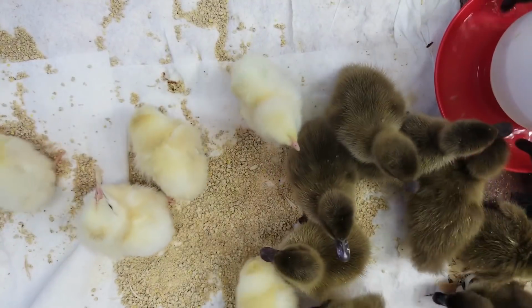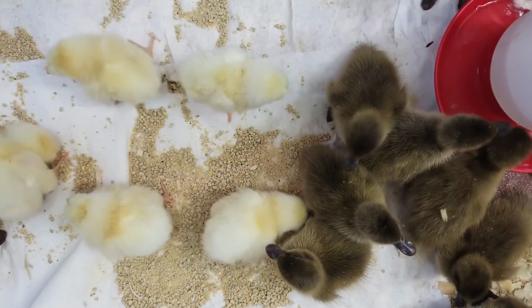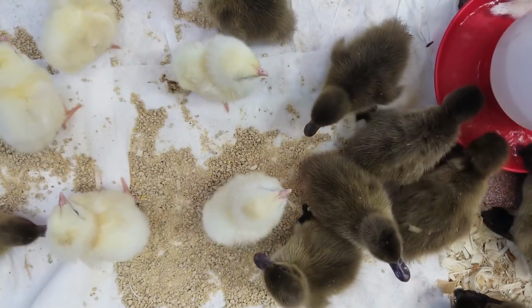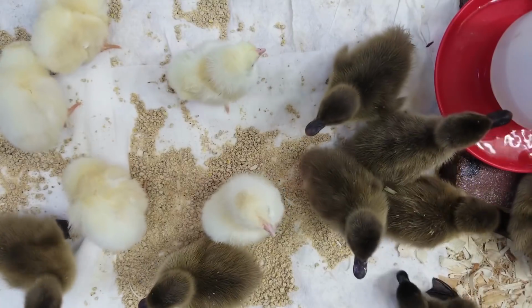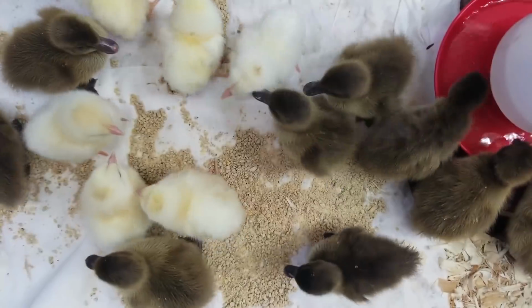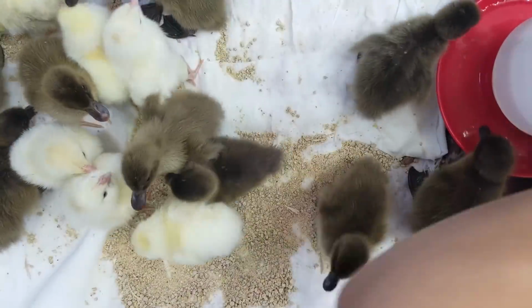And it's because it is hard to tell if they're boys or girls. For the most part, you will end up with mostly females. Last time I ordered 3 khaki Campbell ducks, and I ended up with 2 hens and a male. I feel like that's my luck, though. I just have really bad luck, and I can pick